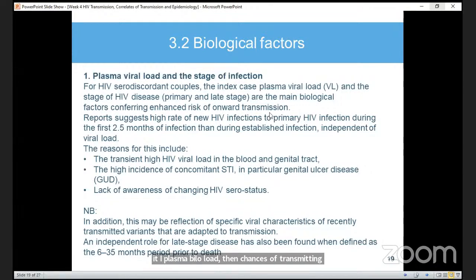If the viral load is low, or has gone beyond 20, it's undetectable, then the risks are minimal. There are lower chances of transmission, and of course,